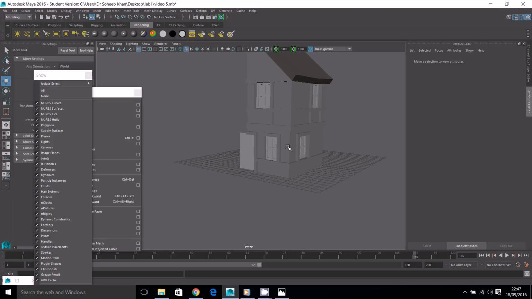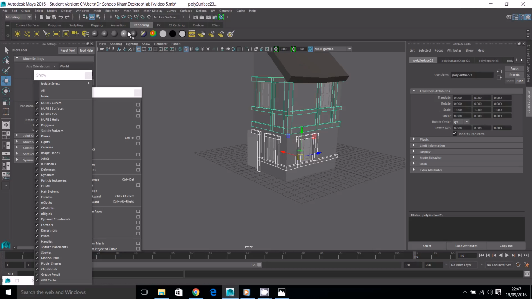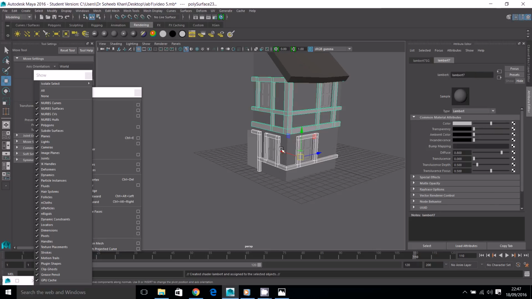And I'll add another material to all this stuff as well. Okay, and now with that done, I'll